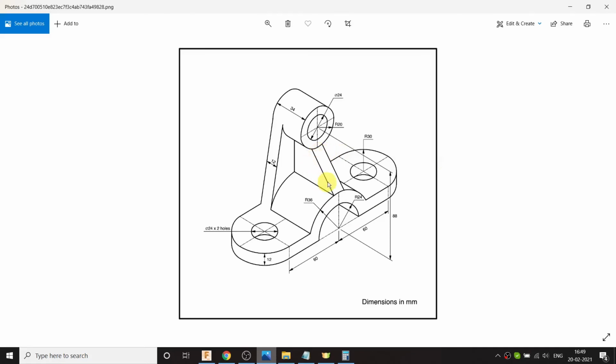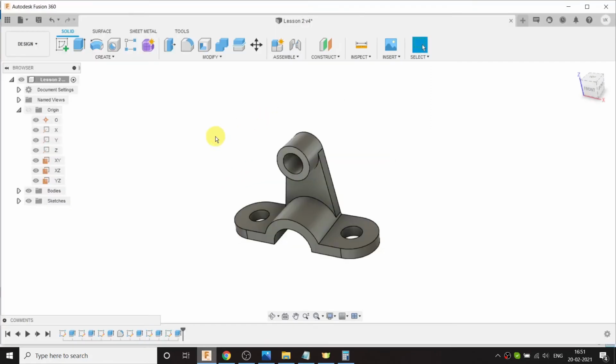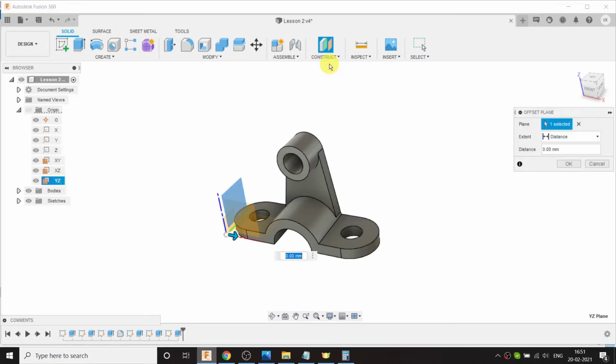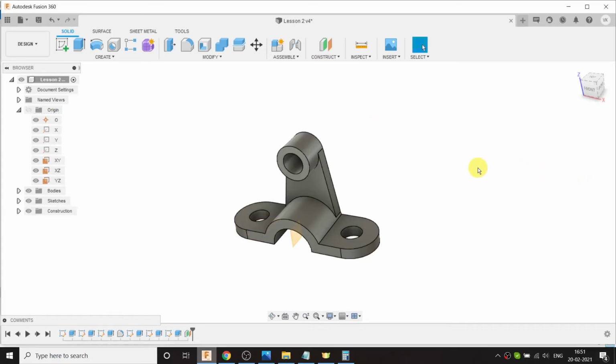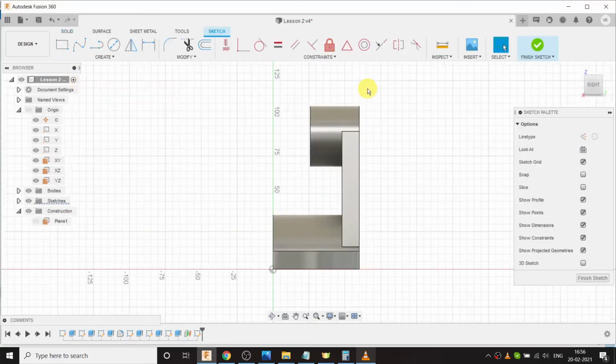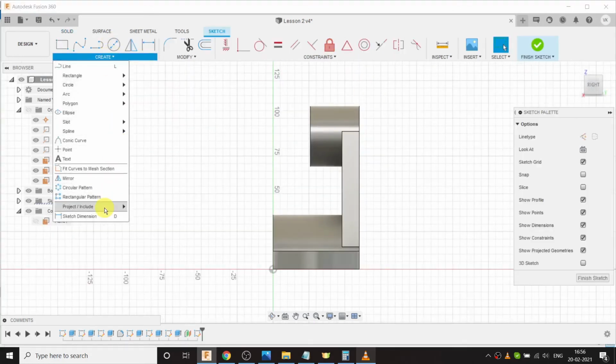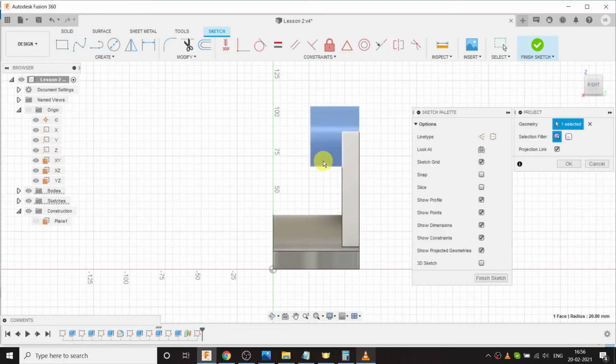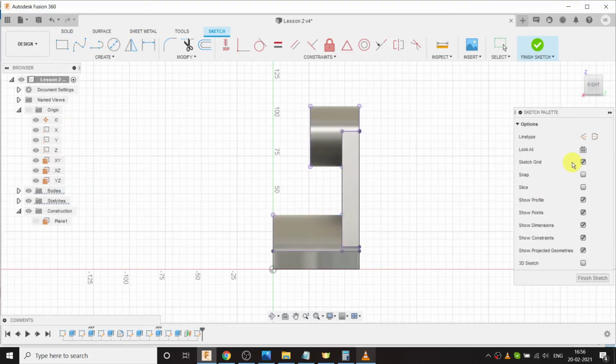Now I will create this rib which has a thickness of 12 mm. First select the YZ plane and go to construction, choose offset plane and enter distance of 90 mm. Click OK. Select plane 1 and make a sketch on it. Now go to create, choose project tool and select these surfaces. Click OK.